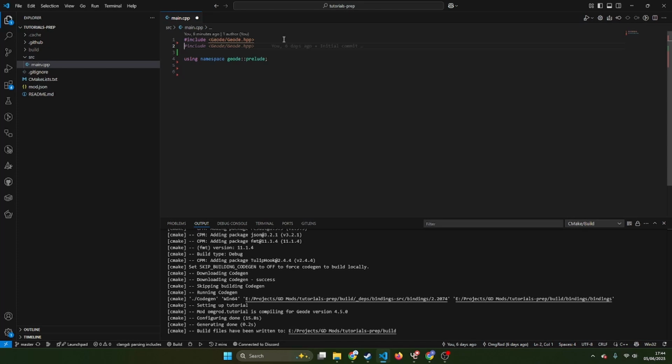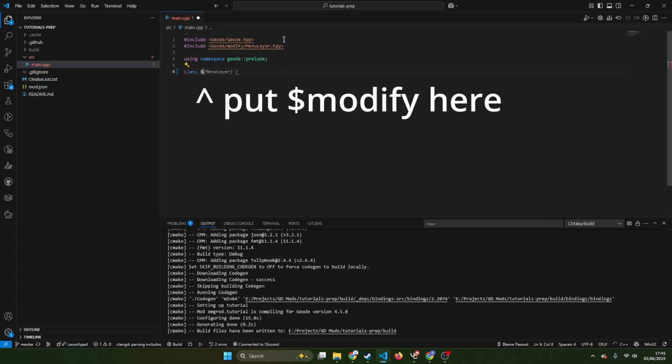Today I'm going to be showing you how to make your own buttons using Geode. Let's get started. So first, I'm going to want a hook menu layer. Right, so now I actually got to make the class which modifies it. So my menu layer,